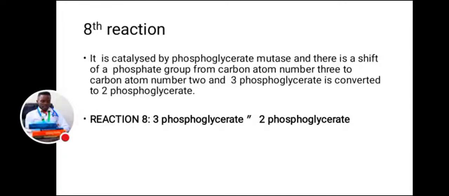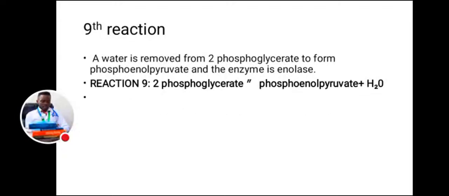So the 8th reaction is catalyzed by phosphoglycerate mutase, and there is a shift of a phosphate group from carbon atom number 3 to carbon atom number 2, and the 3 phosphoglycerate is converted to 2 phosphoglycerate. Okay, then on reaction number 8, we have 3 phosphoglycerate giving us 2 phosphoglycerate. Then reaction number 9, a water is removed from 2